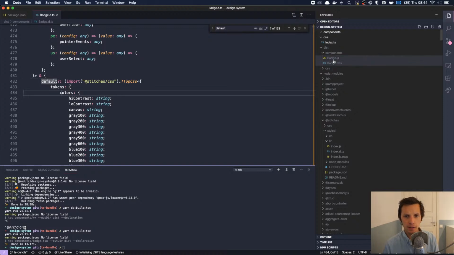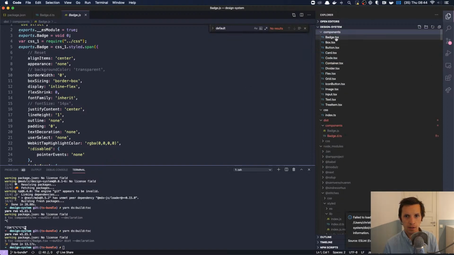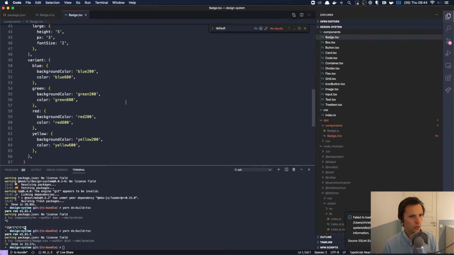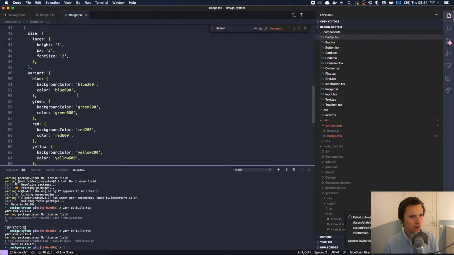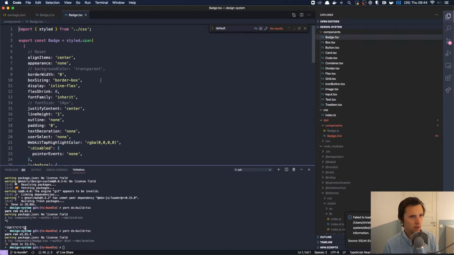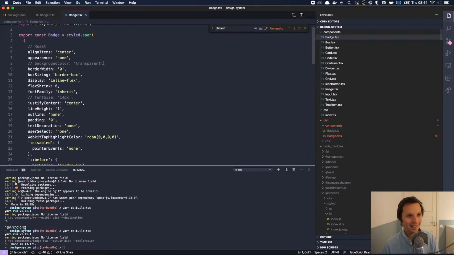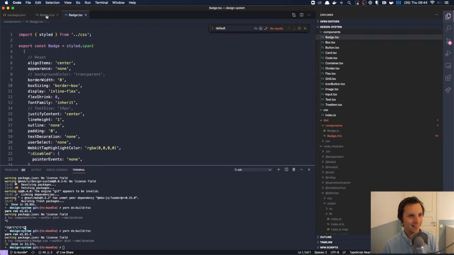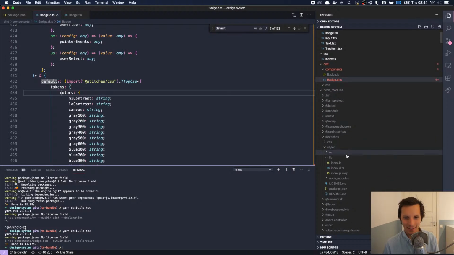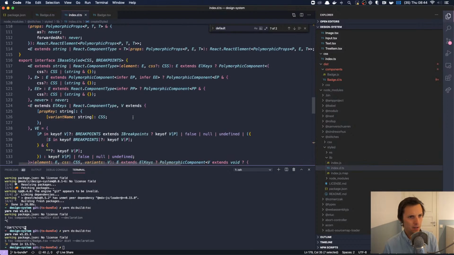Oh, maybe it's inside the badge. Let's see. Where's the badge? No, that can't be. Blue, green. Default? No, I don't understand anything. What the hell? Where does this default property come from?